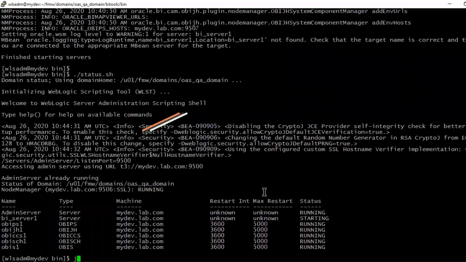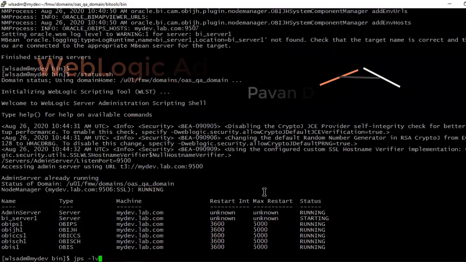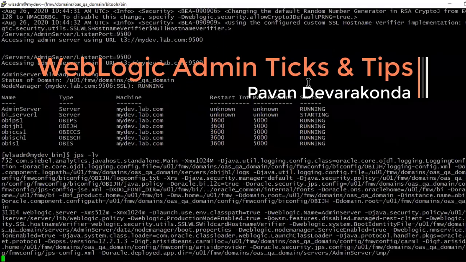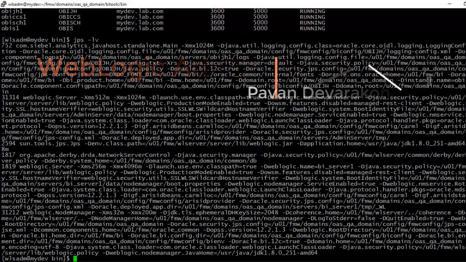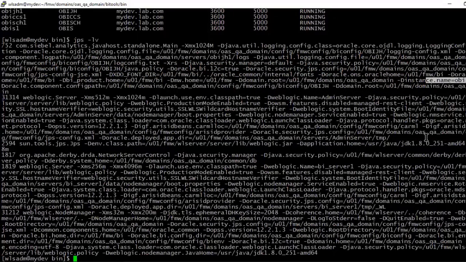Checking the jps -lv, it is giving the complete list of all the Java processes, domain related stuff, what is the name, service which is started, all the information coming in these blocks. So you can see the process ID in the beginning, and then what is started and how much memory is allocated for that particular process.